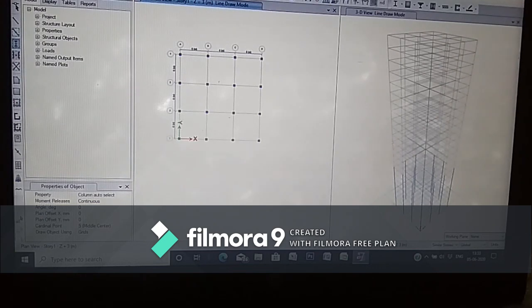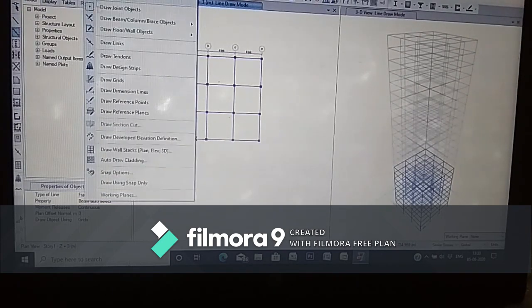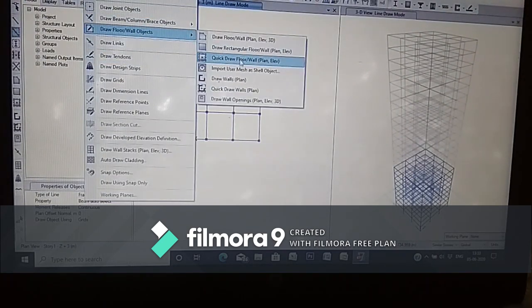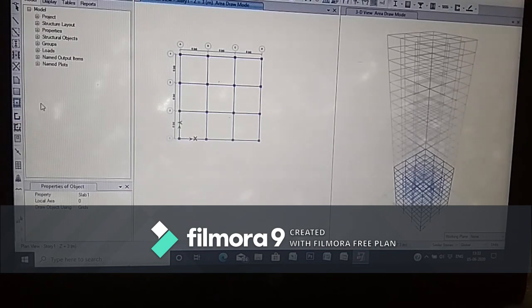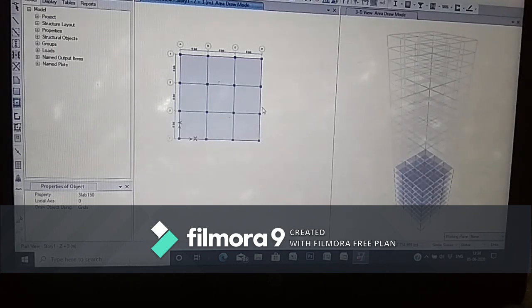So I need to draw. Next draw column, not beam. Select as a auto beam select in property. Next draw the beam. So now we need to draw a slab. Next change the property as slab which we have defined slab 150 and draw the slab. So after drawing the slab, now we need to move to the next story between 8 to